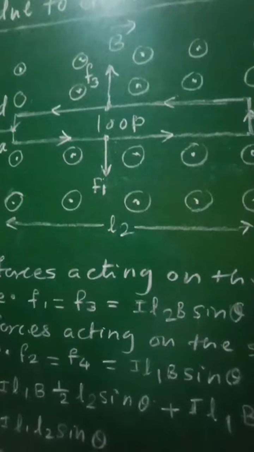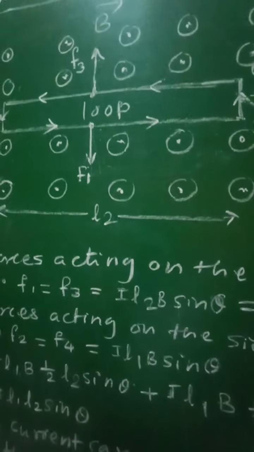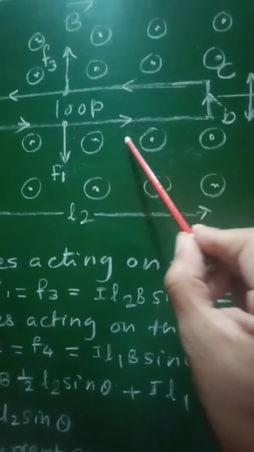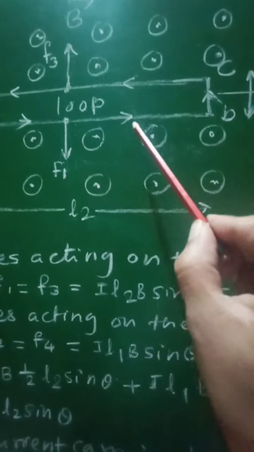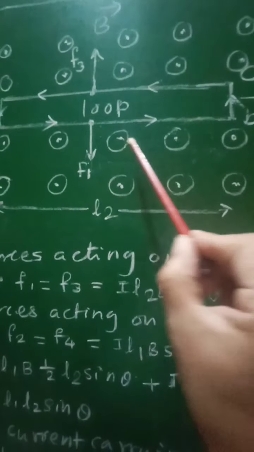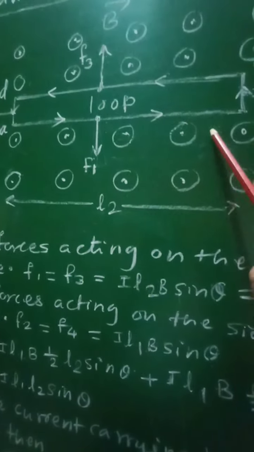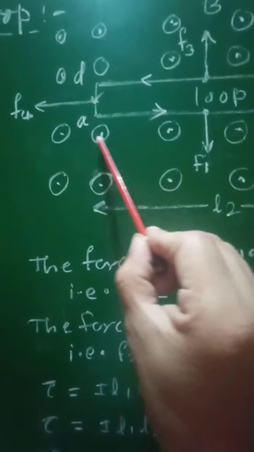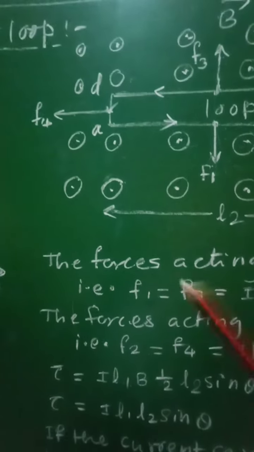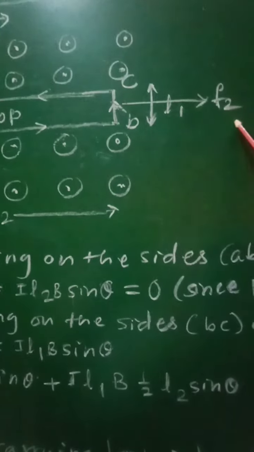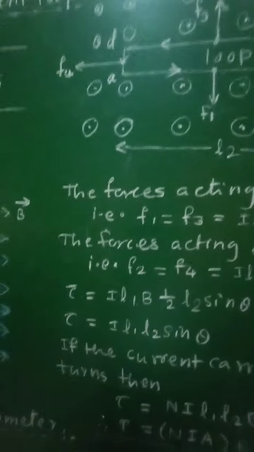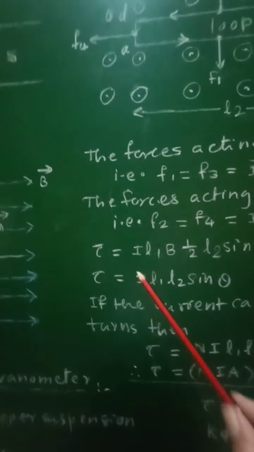and when it is rotated through angle theta, at that time that moment arm will be equal to half L2 sin theta. So this moment arm will be half L2 sin theta. Similarly, this will also be half L2 sin theta. And therefore, these two forces, that is F2 and F4, will give rise to torque. And therefore, that torque will be given as,